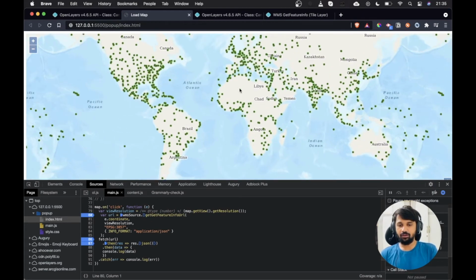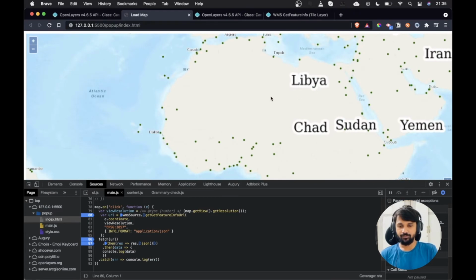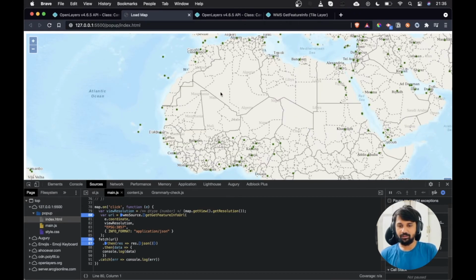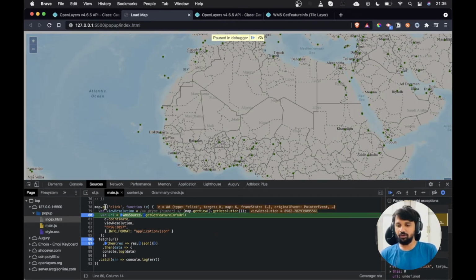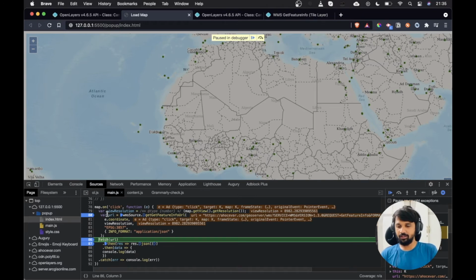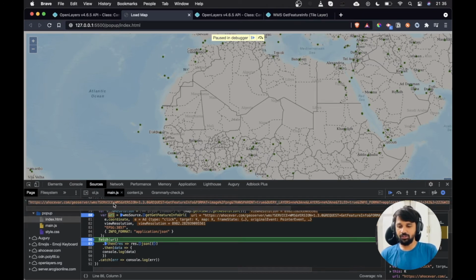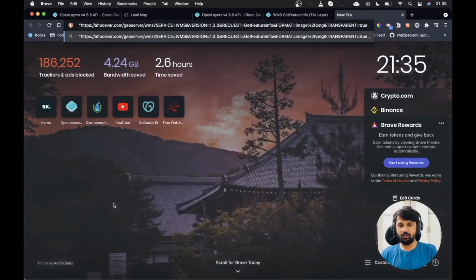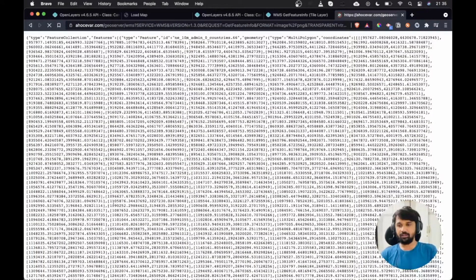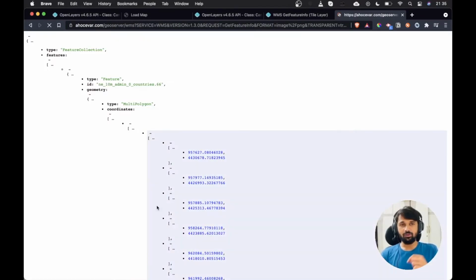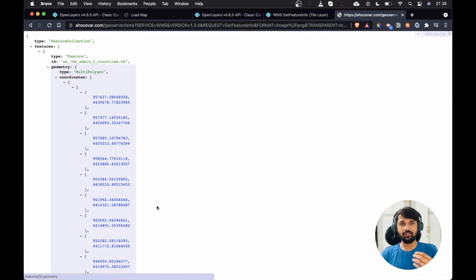If I now click on, let's say, this region, you can see that we got inside the map.onClick function, the view resolution is working, and then the URL is created. If I copy this URL and paste it somewhere in my browser, you can see that the GeoJSON format result is generated by the GeoServer.